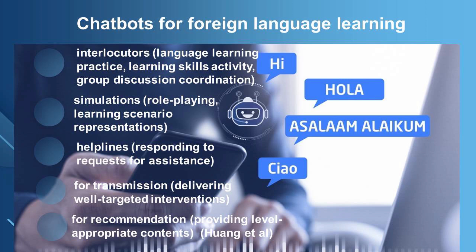Undoubtedly, as the main purpose of studying a language is communication, chatbots can be efficient tools for practicing dialogues and some kind of immersion into the language environment. There are at least 5 ways to use chatbots for language learning: as interlocutors, simulations, helplines, and for transmission and